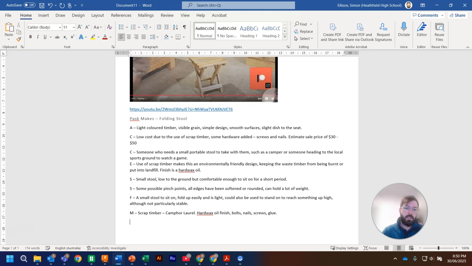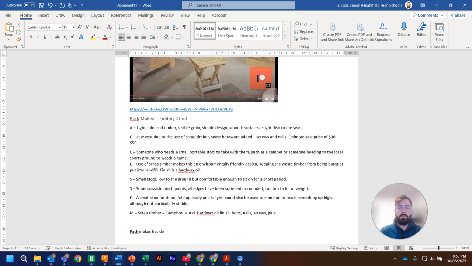If I wanted to take this further, I'd now write a short paragraph, something like a PEEL paragraph would be great, where I'd try and combine these ideas into one coherent thought process. Now I'm going to start this with a key point. My key point in this task is going to be that recycled materials can be great for making attractive and high quality products. So I'm going to say something along the lines of